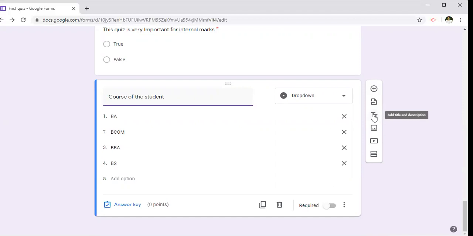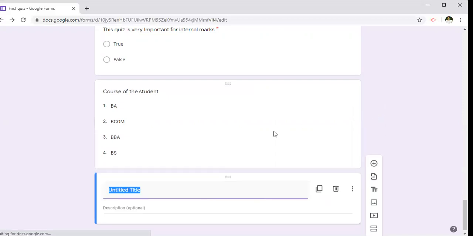And lastly, you can click on add title and description. If you click on this two T's, it creates a box where you can thank the students or the participants. Thank you for submitting.